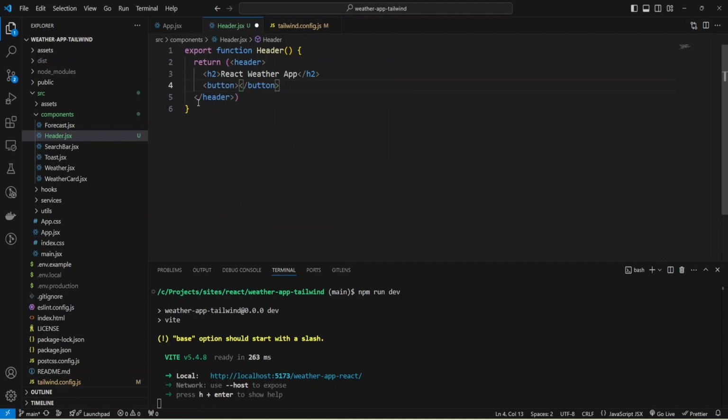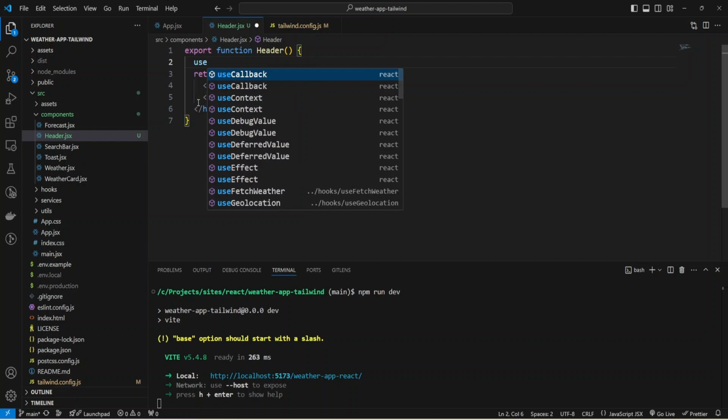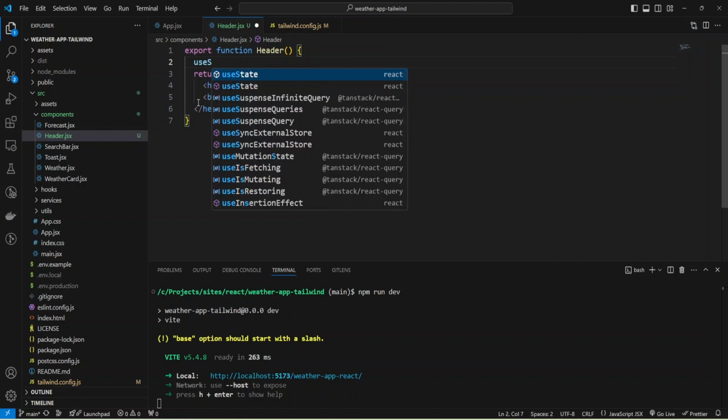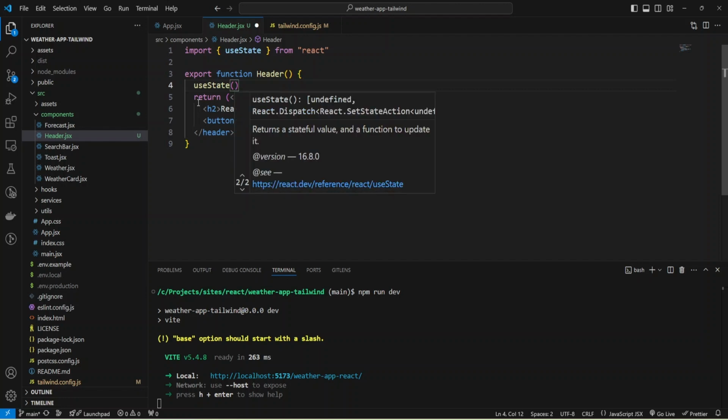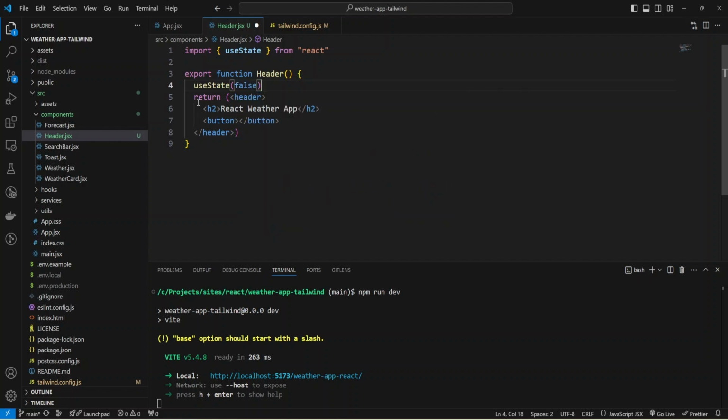with the text light or dark, and here I need some state variable, so I'm going to use the useState hook, and the import was added. Initially it will be false, and this state variable will define what mode we use, dark or light.